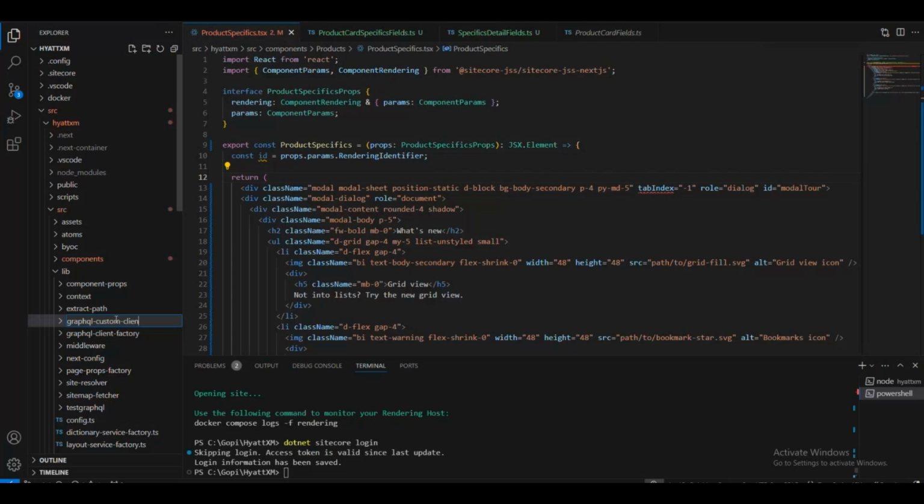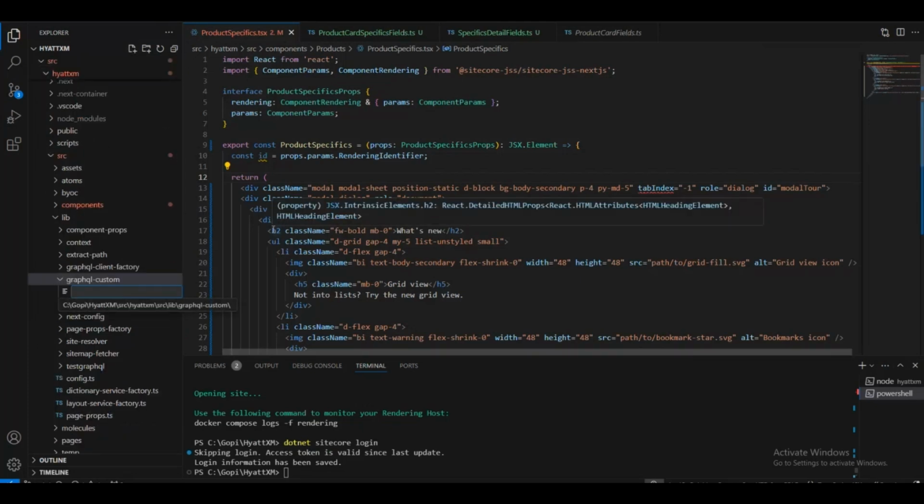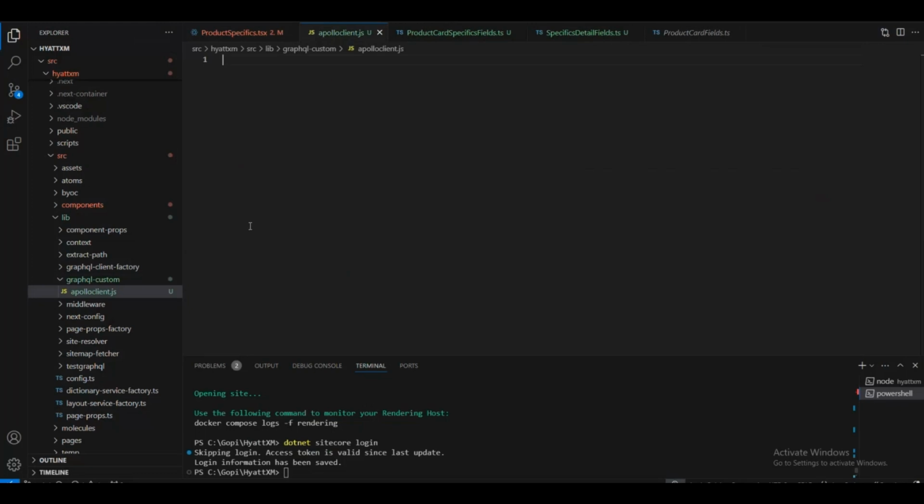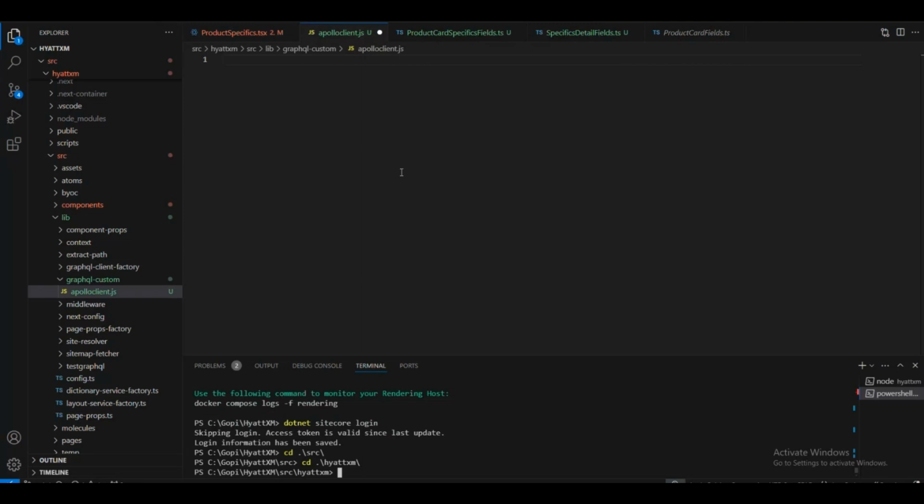GraphQL custom client. And I will add a file called apolloClient.js. We have to install one library. I have already installed it on my machine, but I'll show you the command to install: npm install @apollo/client graphql. After doing the installation,